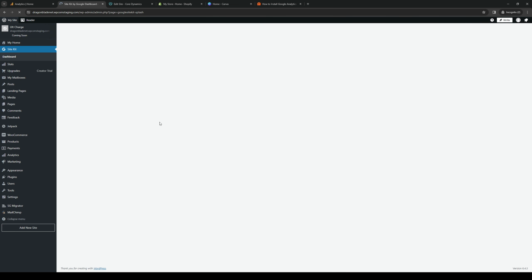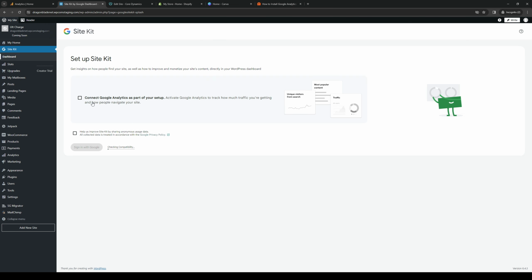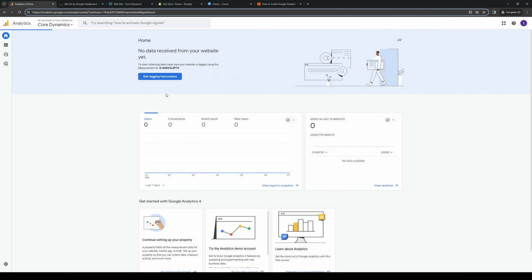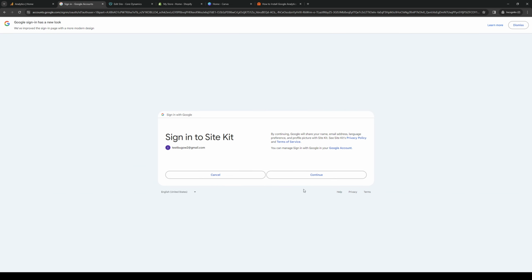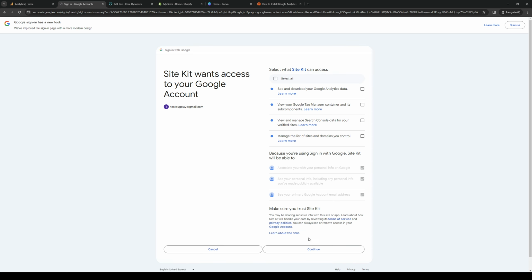Click on Dashboard, and you'll see right away that there's an option to connect your WordPress domains and website with Google Analytics. So you want to make sure that this is checked, and then you want to sign in with Google, and sign in your Google account that's tied to your Analytics account. So in this case, it's my company, Core Dynamics. So you want to log in, give it permission, continue,